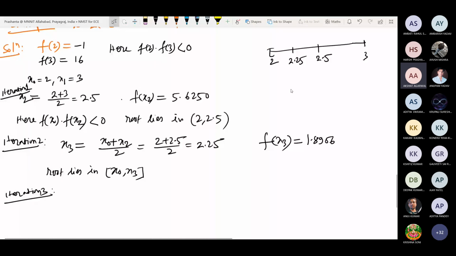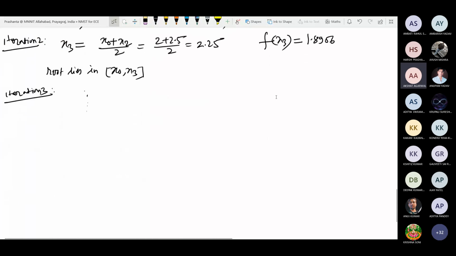So now, how to stop? This is the mathematical procedure. You can write down an algorithm, then the code to use this bisection method. Now when to stop? Because whenever you are using hand calculation or a computer, you will have to stop at some point. So how do we determine that stopping criteria? Let me write down the stopping criteria of an algorithm.